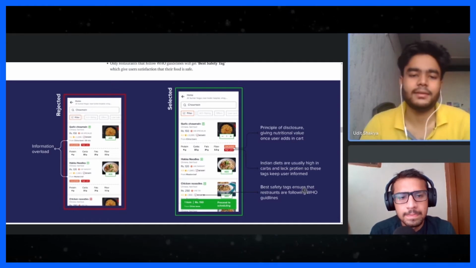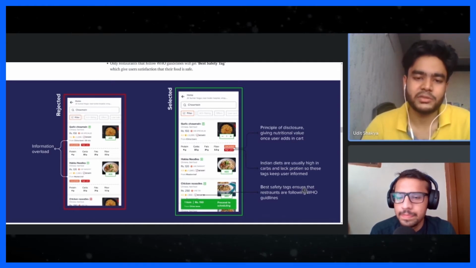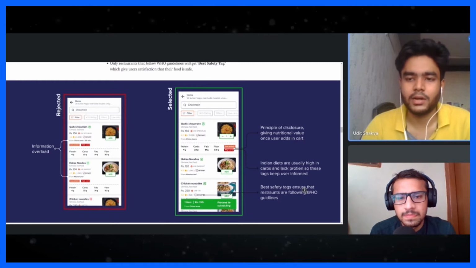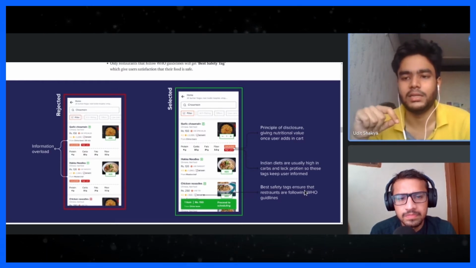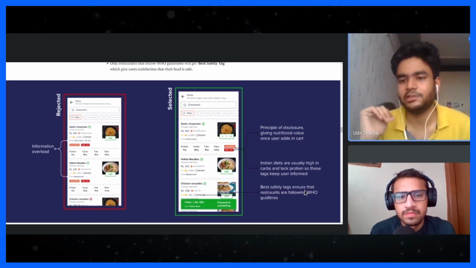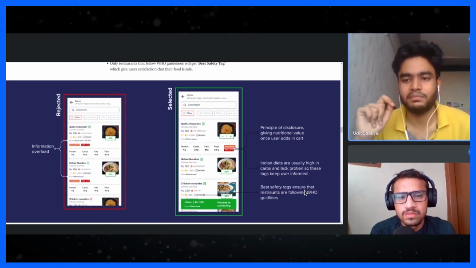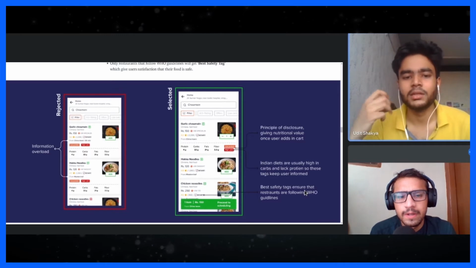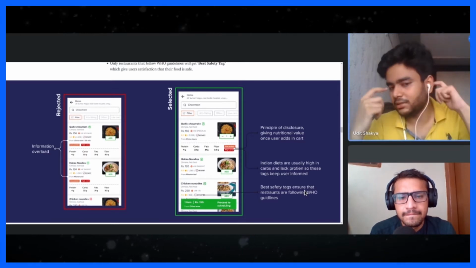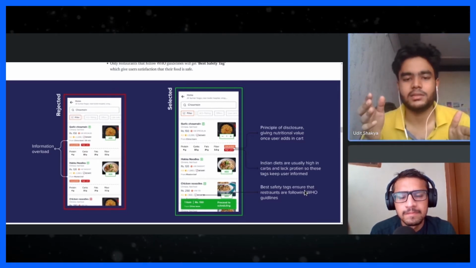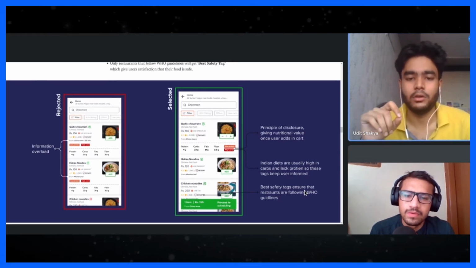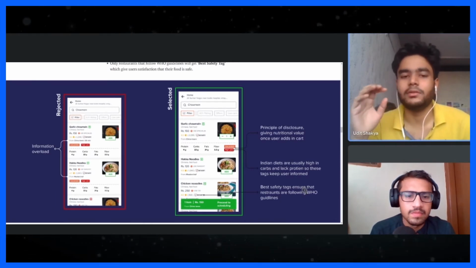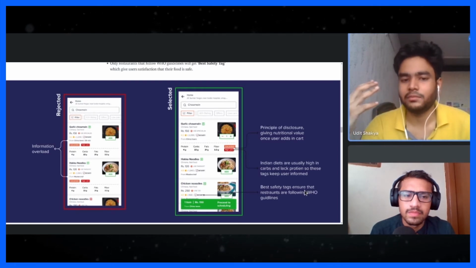Let's take the example of garlic naan. The user has tapped and added it to the cart, which is a sign that the user is interested in buying it. Then the card expands and shows this information, which is the principle of progressive disclosure. That's how I came up with this page, and you can see there are a few tags which say low carb, low protein, and high protein. Now, if you research Indian diets, right?